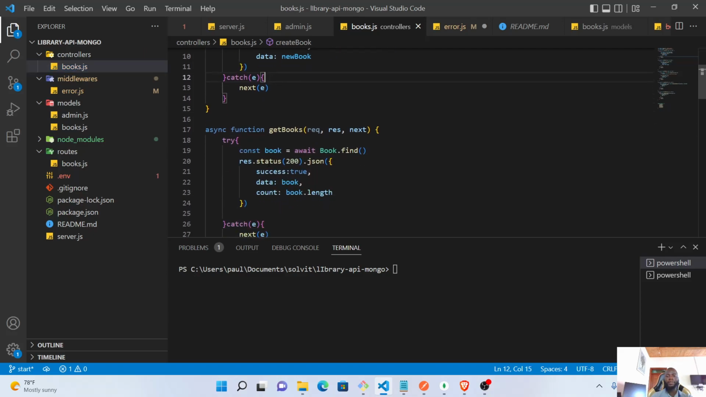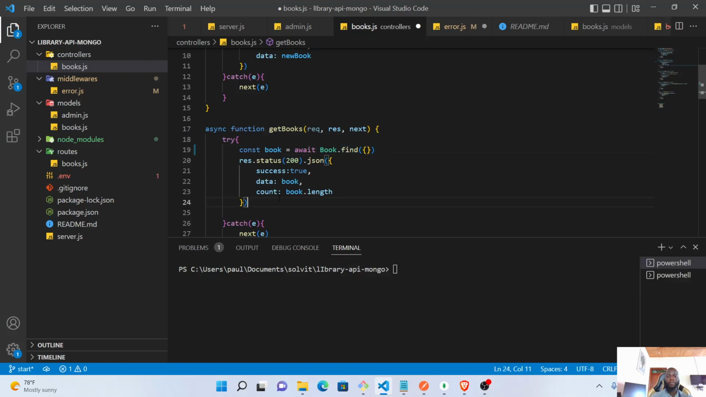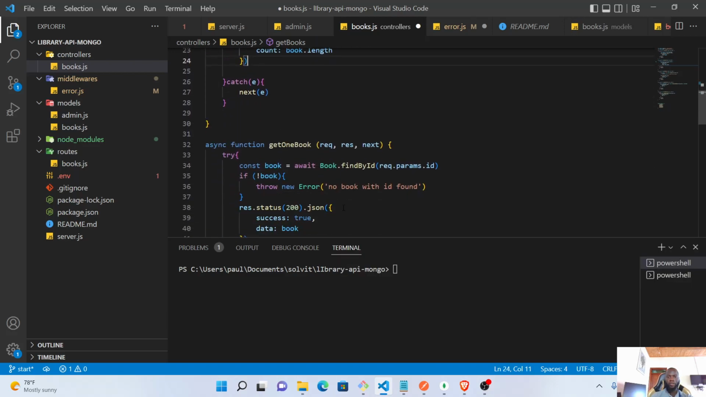To get all the books in the database, we can call find and pass it an empty object, because there's no query in it. We want everything, right? And then to get one book,